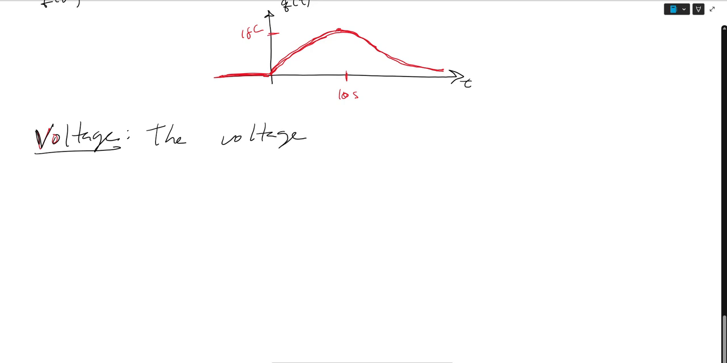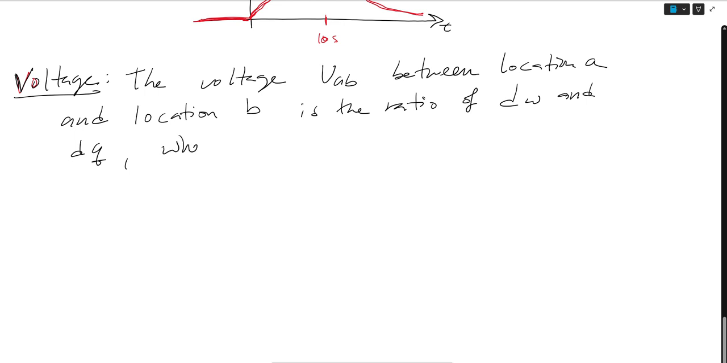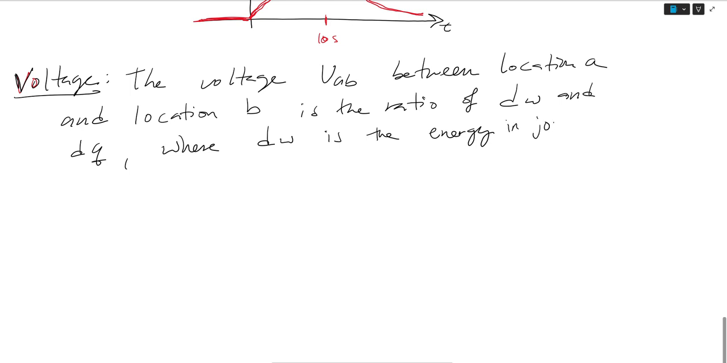the voltage VAB between location A and location B is the ratio of dW and dQ, where dW is the energy in joules, J, required